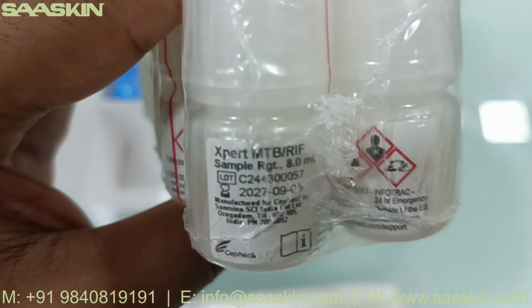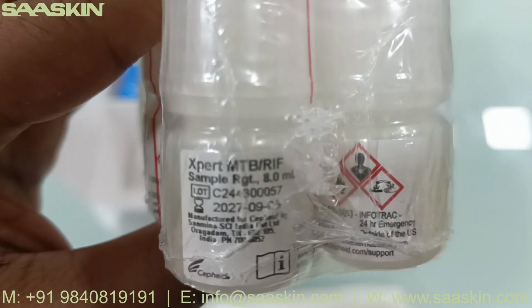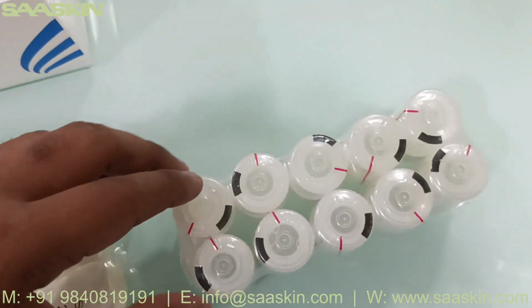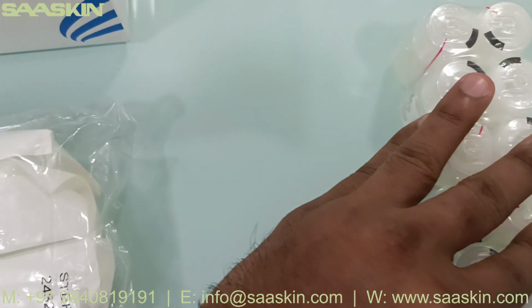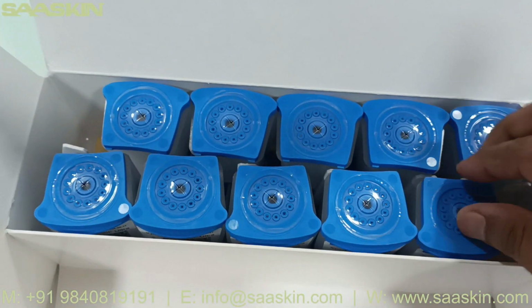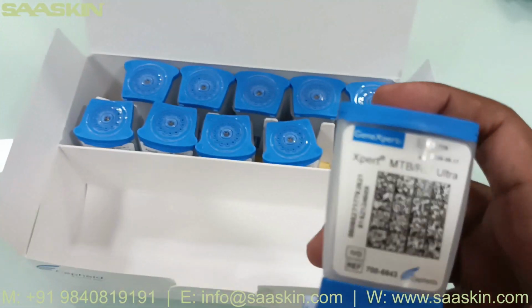You can see here, GeneXpert MTB RIF sample reagent 8 ml. So 2, 4, 6, 8, 10 reagents are present. You can see it here. Let me keep it aside, and you can see here, these are the cartridges. Each cartridge is present, and